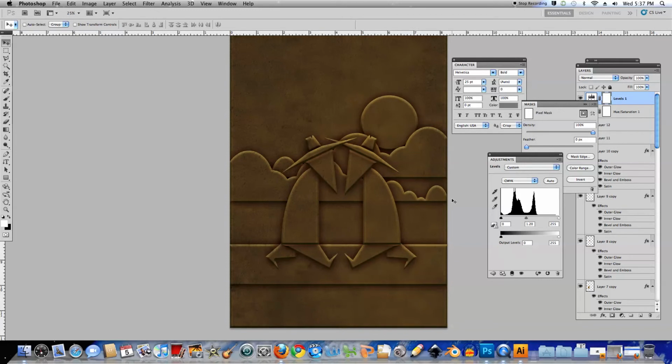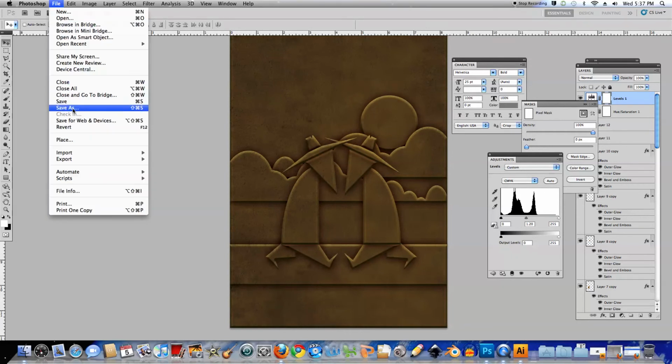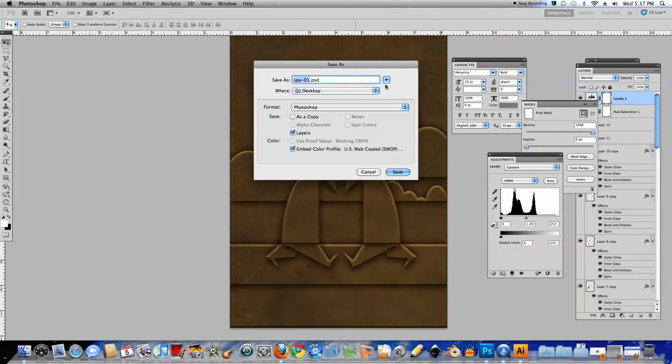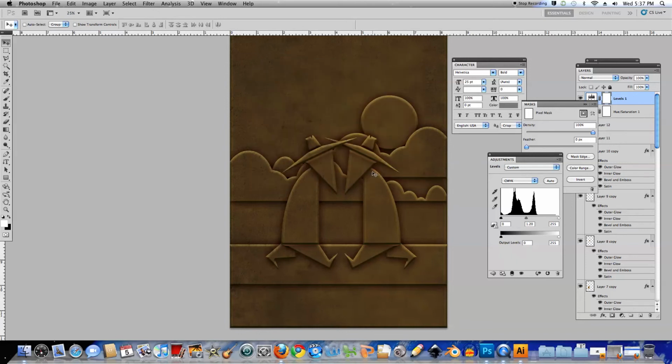And once you're happy with it, save it as a PSD, also flatten it. So file, save as a PSD, so I'll call it bronze. Actually, what we haven't done, we haven't put the type in yet, so I'm going to go ahead and